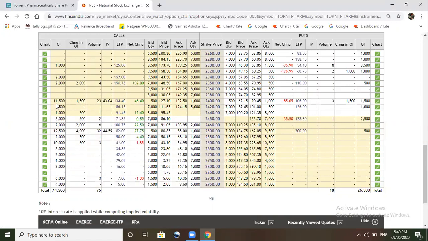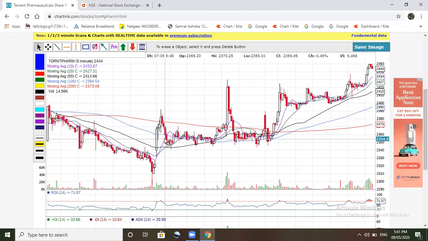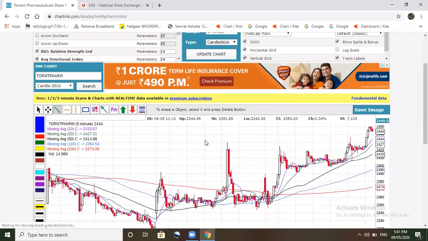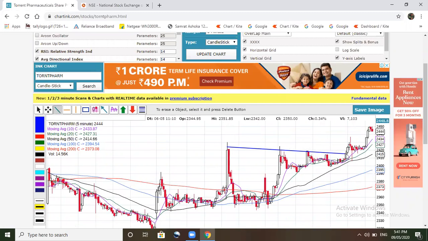We will think that now it is a resistance level. But what was the price saying? Here the open interest has increased and the price was slowly increasing. So how to confirm that this level will be broken? Now the chart will help you. Like if you draw a trend line from this, like this, now this was your buying point. So here it is crossing this trend line. So I bought around 2470.